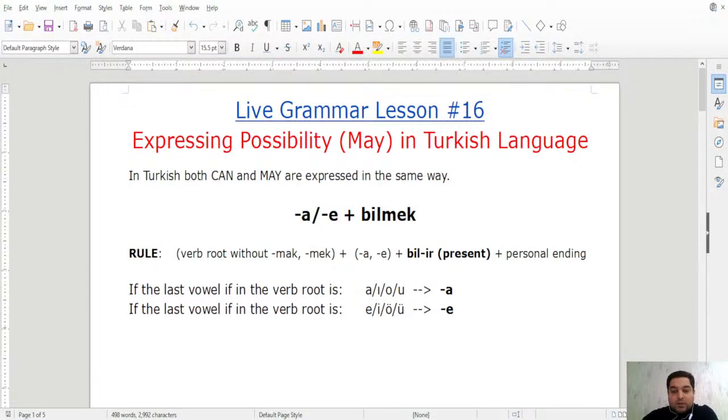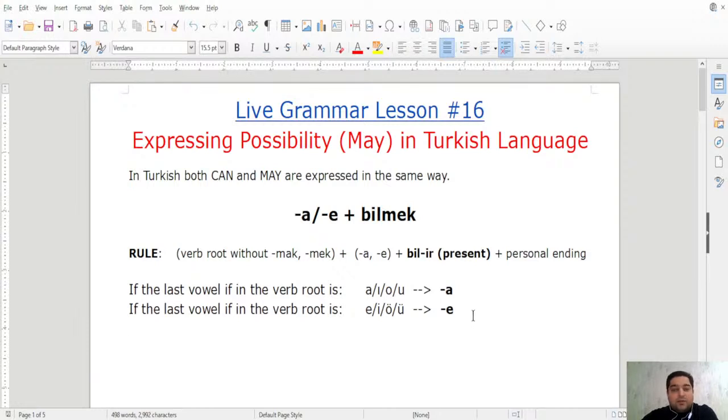Let me first tell you from scratch that there is not a huge difference, okay? But I had to separate these two topics because of a minor difference in two of the forms, in the negative form and the negative interrogative form of the use of can. Everything else is actually the same with may, but still I had to separate them because we have to discuss them separately, and we will see in a while how they are different. So let's continue with this.